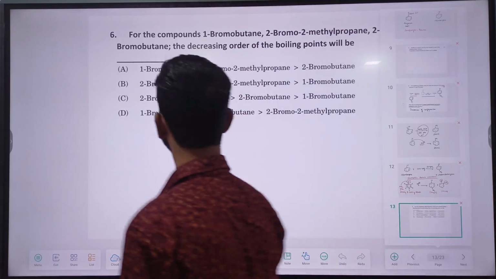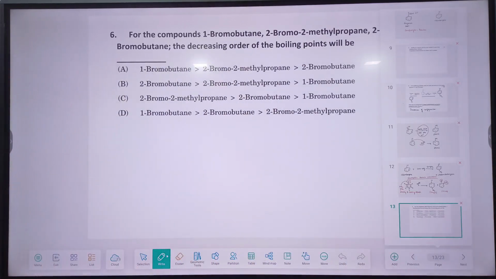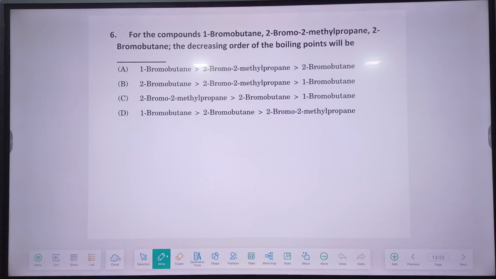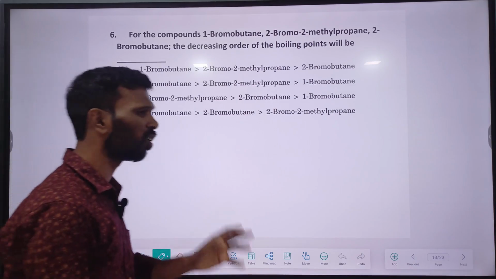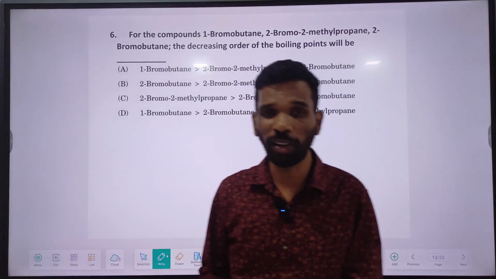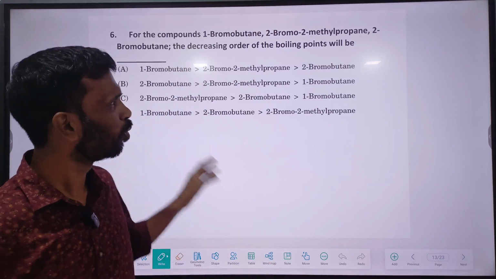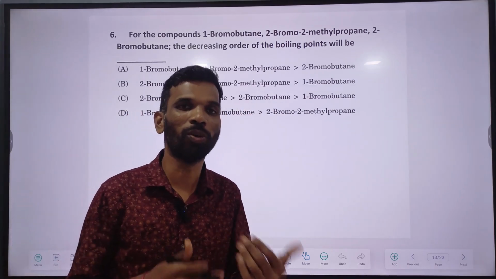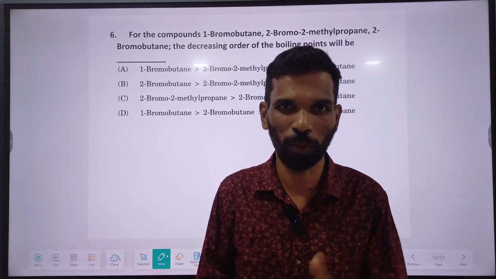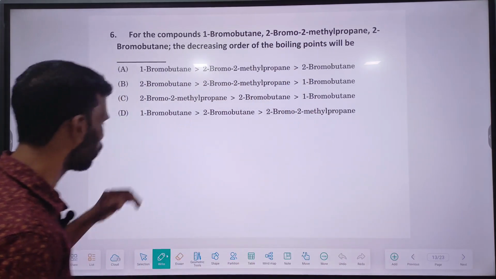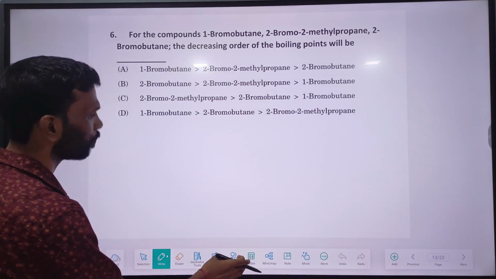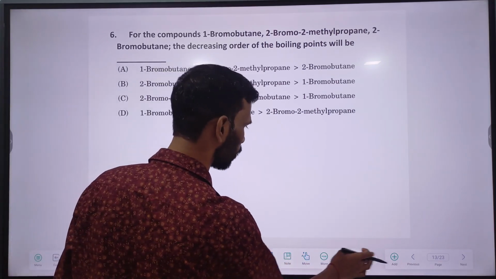Okay. From the compounds 1-bromobutane, 2-bromo-2-methylpropane and 2-bromobutane, arrange the decreasing order of the boiling points. First, to understand this concept, you should know how to write the structure. You should know how to decode the structures from the names. We'll write the structures over here. First,